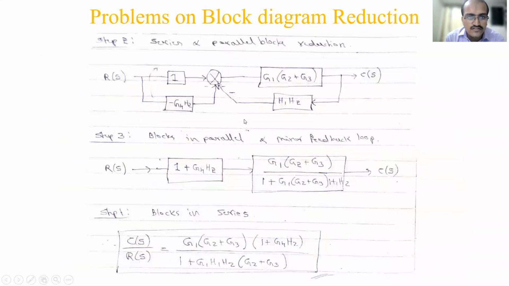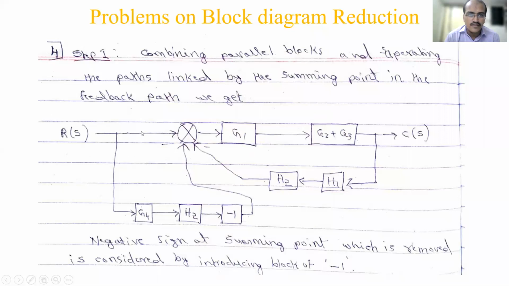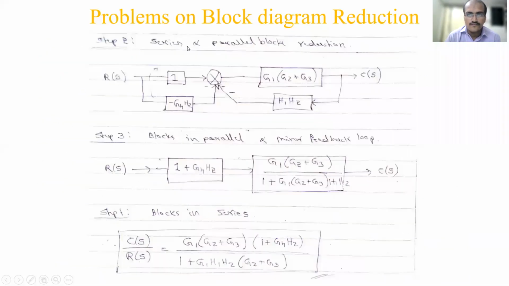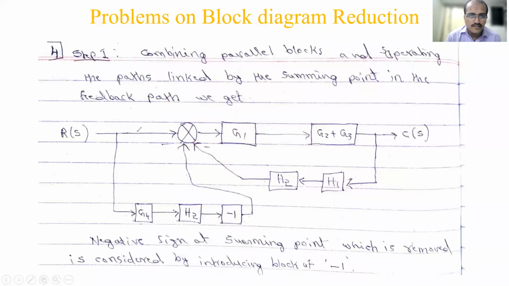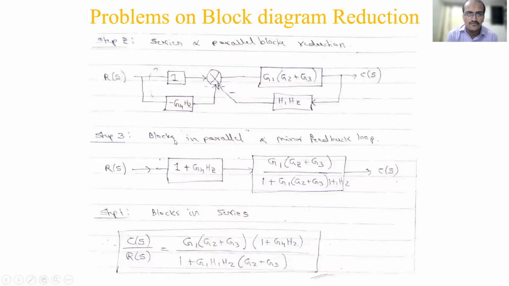Okay, so first one, this is 1. Okay, so the above path is 1 here. Here, on this path nothing is there, so what does that mean? It is 1. Okay, a block with nothing there means it is a unity block. That's why 1 is introduced there, so that you will not get confused or make a mistake. And another block, -1 G4 and H2 multiplied, you got minus G4 into H2 over here.